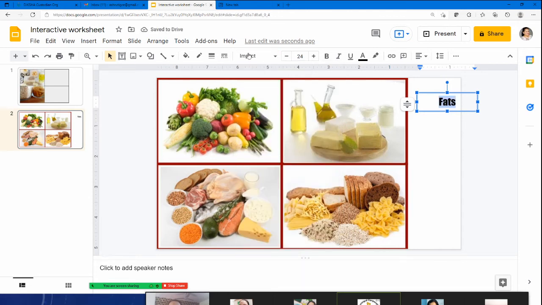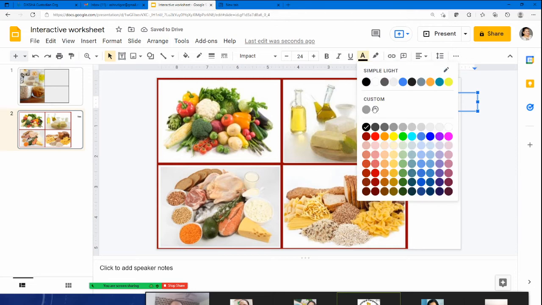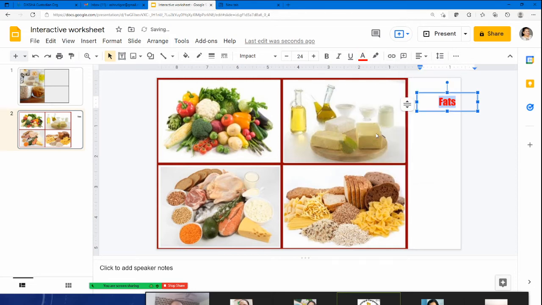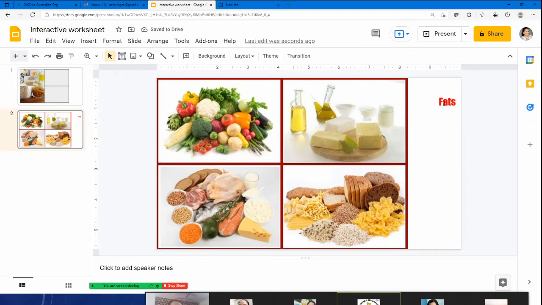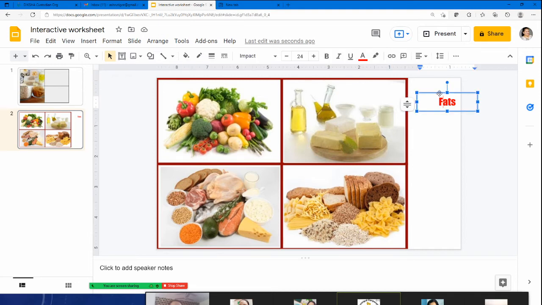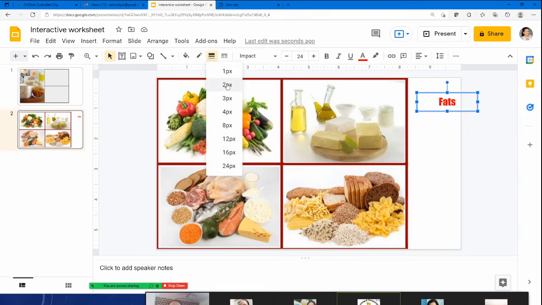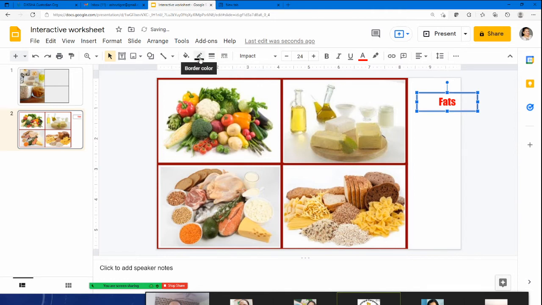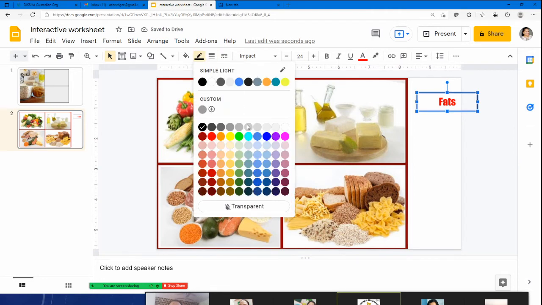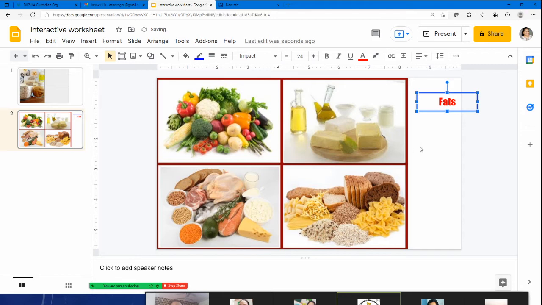If you want, you can change the color as well. Now if you want, you can change the color of the box also. Maybe we want it blue. See, and this can be moved.